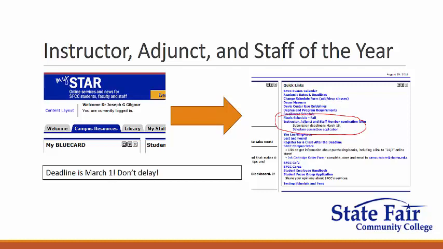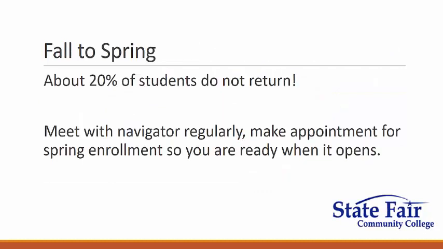Next thing I want to talk to you about is enrollment. From fall to spring, almost 20% of our students that are here right now at any of our State Fair Community College campuses or online do not return. That's a lot of students. That's almost 1,000 students. And so we don't like that. I hope you don't like that. But you didn't come here to drop out. And neither did that 20%, I bet. But they did. Something happened that made them not come back to school.